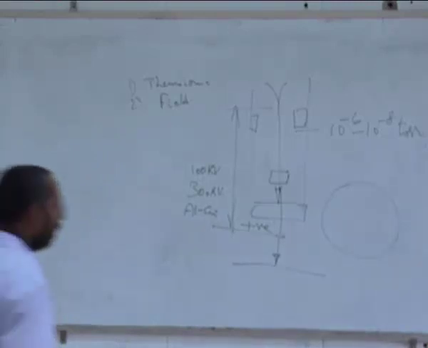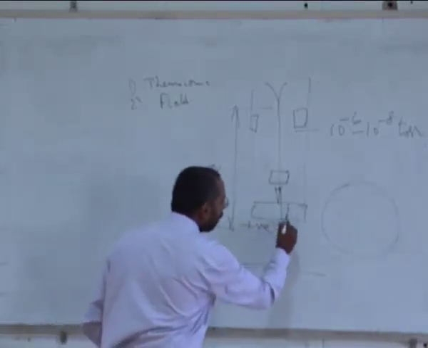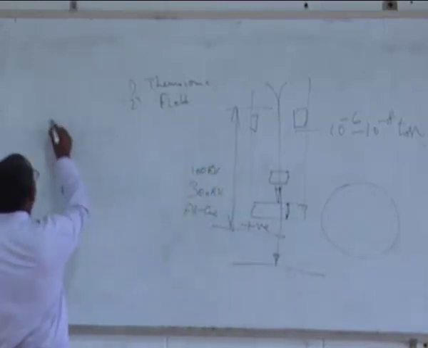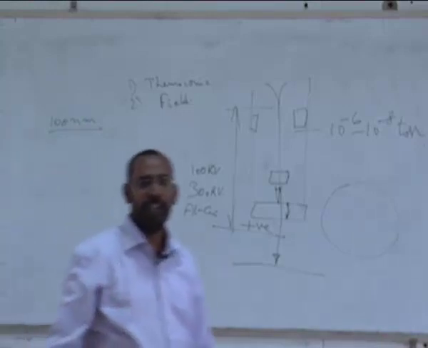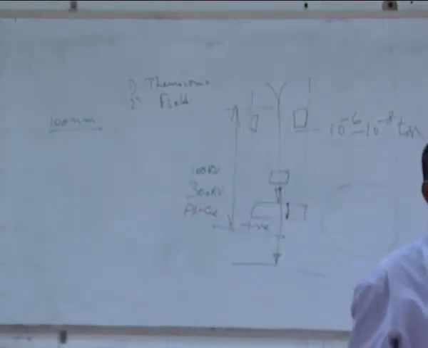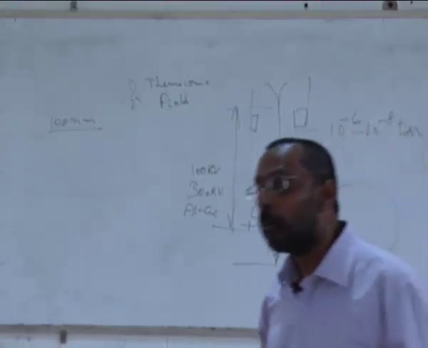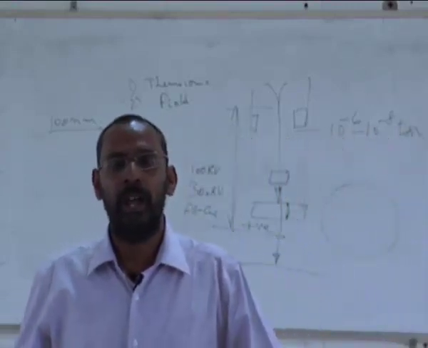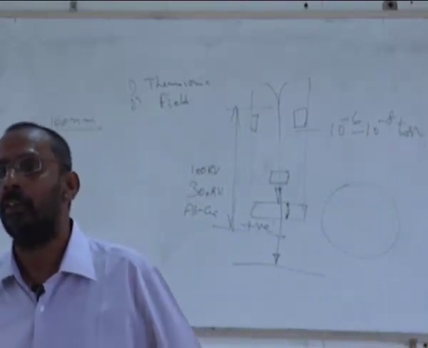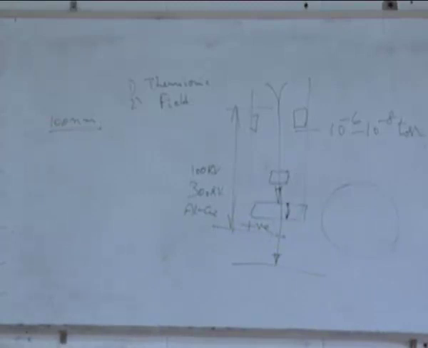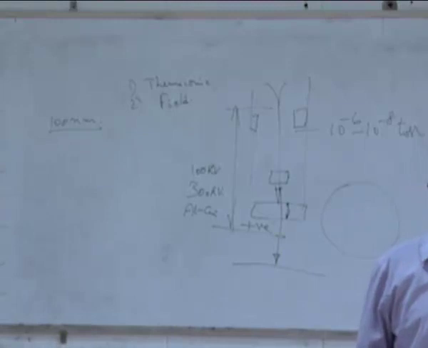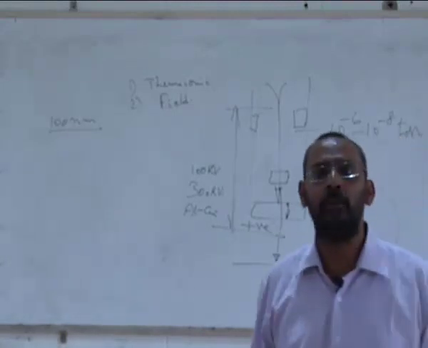And for this, we need to have a sample as thin as 100 nanometers. We use, for electron microscopy, TEM, transmission electron microscopy, samples as thin as 100 nanometers, 0.1 micron. How do I prepare such a sample is a question. And there also, whether it is 100 microns or 100 nanometers or 200 nanometers or 50 nanometers depends on what kind of a metal that I am looking at.